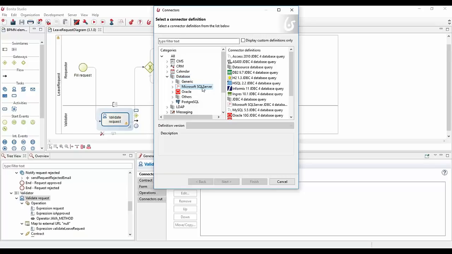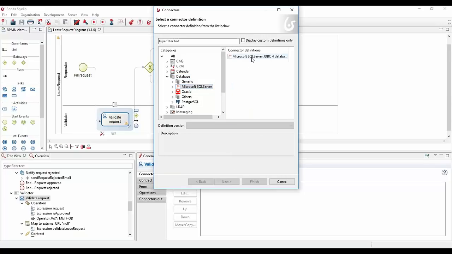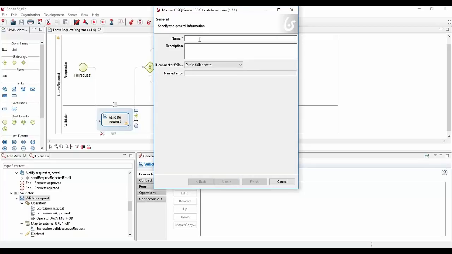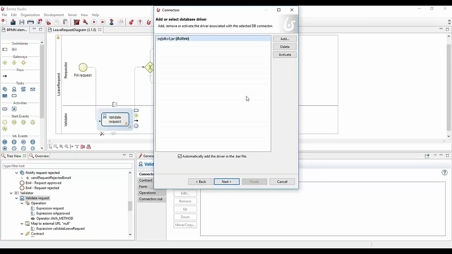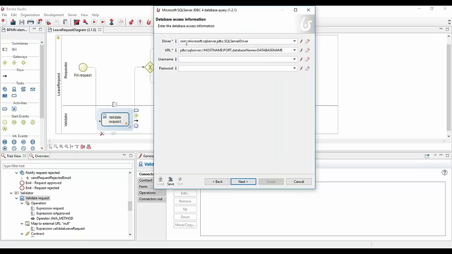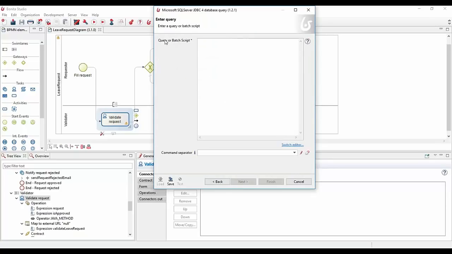If you are using SQL Server, for example, you will be able to make a specific request based on SQL. So if I configure a specific connector, I can provide my SQL Server jar file here, then provide information about my server, and then provide the SQL directly there.